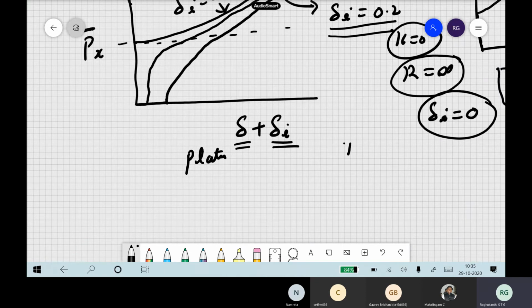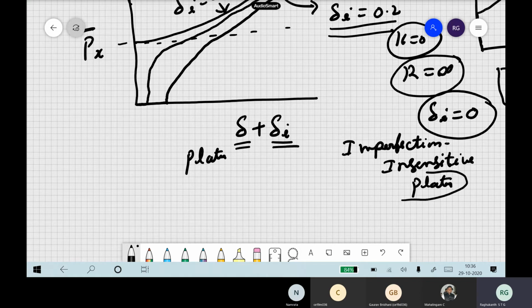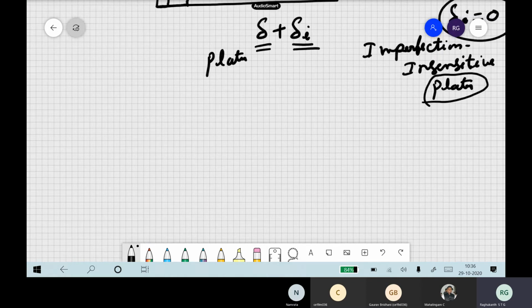Sometimes people say plates are imperfection insensitive. If there is a small imperfection in plates, it doesn't make any difference, because of course the load carrying will be slightly lower, but it still carries strength after post buckling. So plates are sometimes called imperfection insensitive. In plates, if there are small imperfections, you don't need to worry. And now let us see for shells.